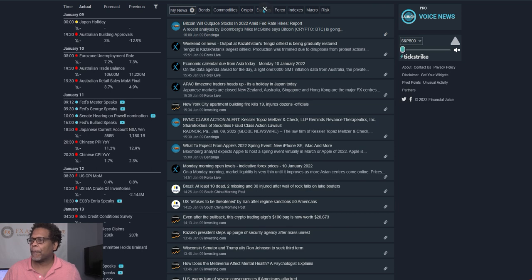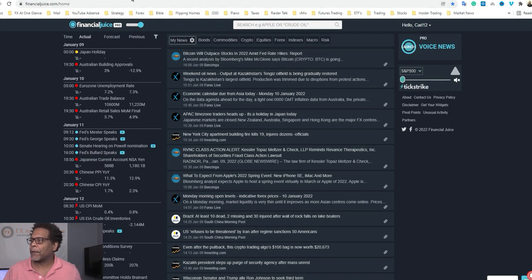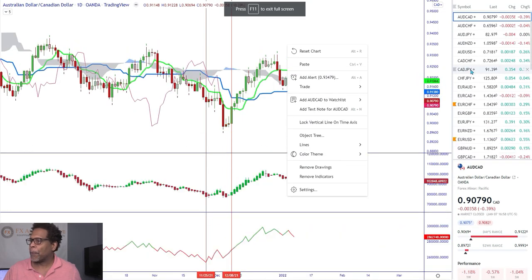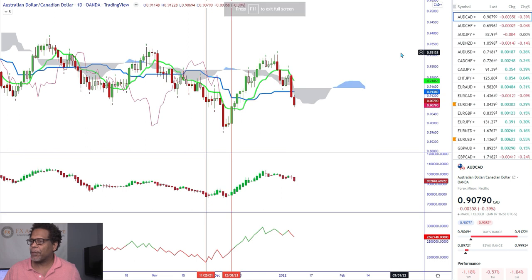So let's go ahead and get to our next screens here, which is going to be our charts. And here we are. I'm starting off today using TradingView charts for one reason, because I want to show you guys something with cumulative volume. And then I'm going to go back to the Quantower charts. I prefer the Quantower chart, but there are some tools you can use with TradingView that you're not going to have with Quantower. But Quantower is a very professional trading software program. And I really enjoy using it.